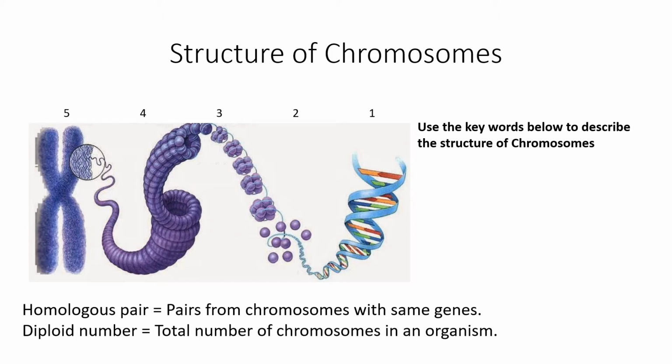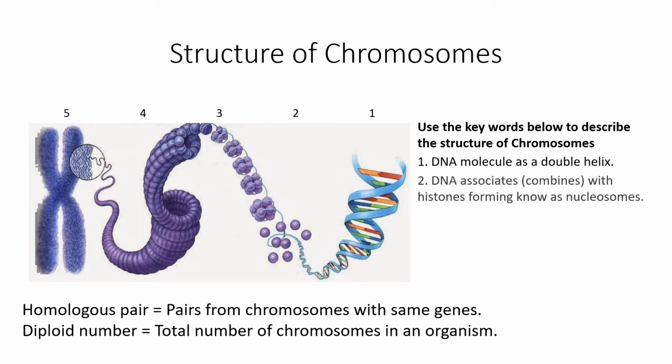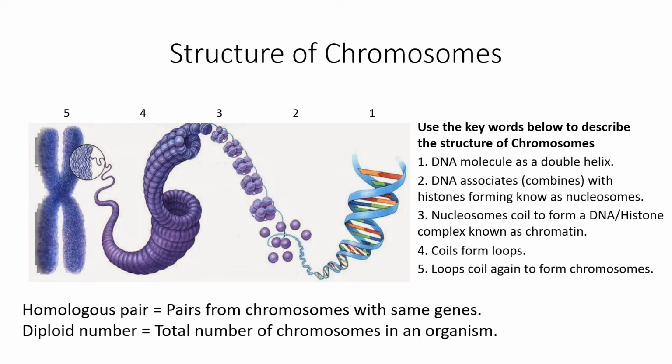In terms of the structure, what you need to be able to talk about is we start with a molecule of DNA, which is arranged into a double helix structure. We then need to talk about the fact that that double helix DNA associates with histones, and when it associates with 8 histones, it forms what is called a nucleosome, and that's what we see in number 3, those little